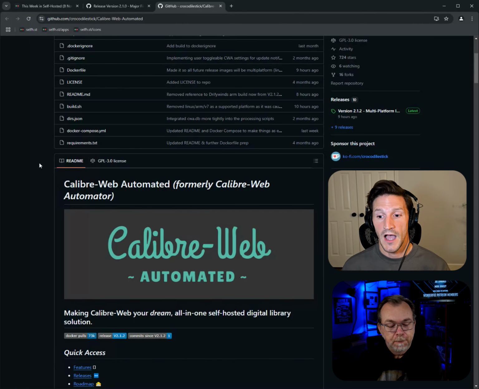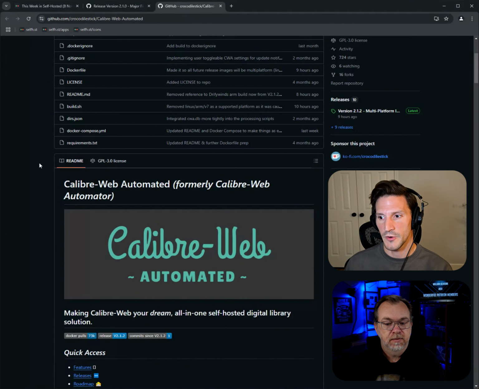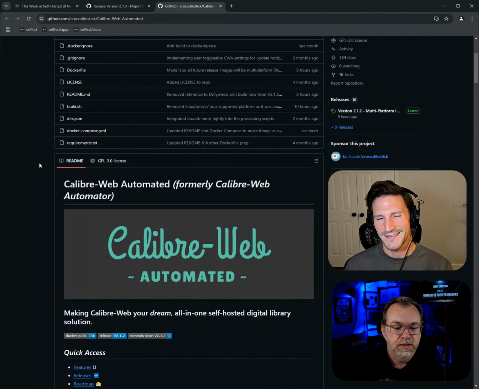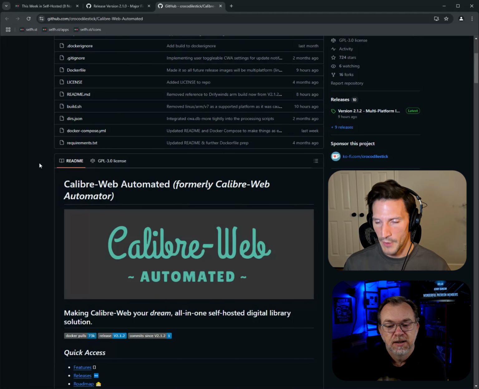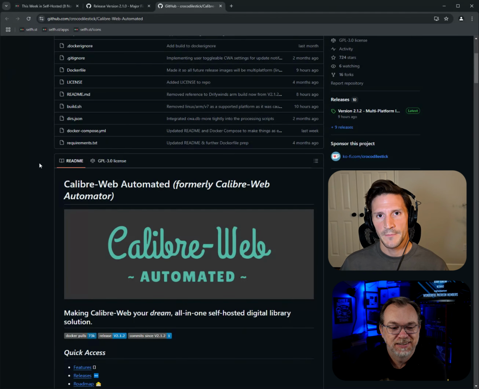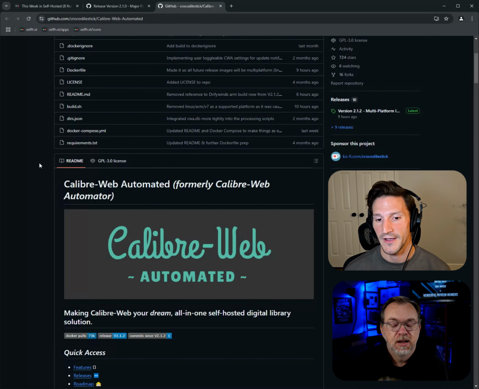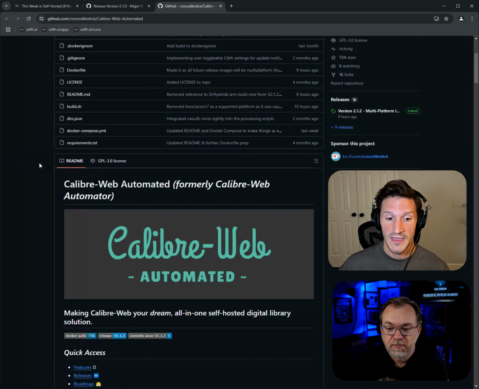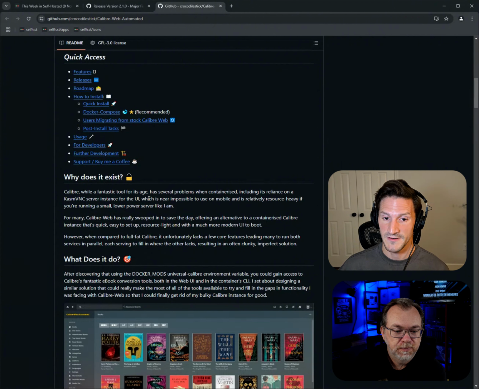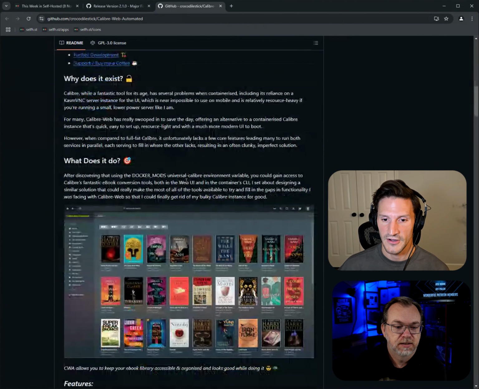I actually have Calibre and Calibre-Web installed myself, and both of them are nice in isolation, but it's always been frustrating to have to spin Calibre up, make sure everything's situated when I add a book, and then get to Calibre-Web and manage things that way. So this combines the two. I've noticed development has been very fast moving on this. Nice. They're constantly adding support.